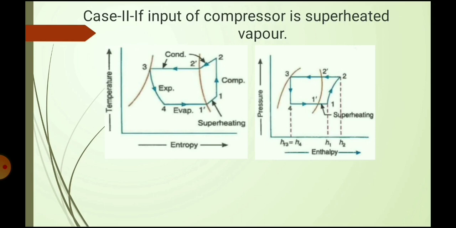This will be the TS diagram. Point 1 is in the superheated region, and because process 1-2 is isentropic, point 2 is also in the superheated region, and here dry compression takes place. Clear? And the rest are the same. Point 3 is on the saturated liquid line, because the question does not say anything about point 3. Clear? Therefore we cannot change point 3. Clear?